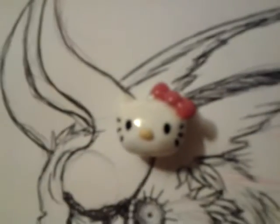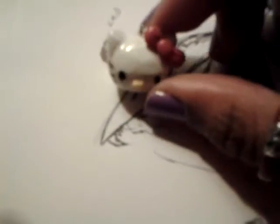So my light source is crap. There we go. So yeah, Hello Kitty. I'm thinking about putting this with a bow, kind of like how I have the Easter eggs on the bunnies, but yeah. Anyway,